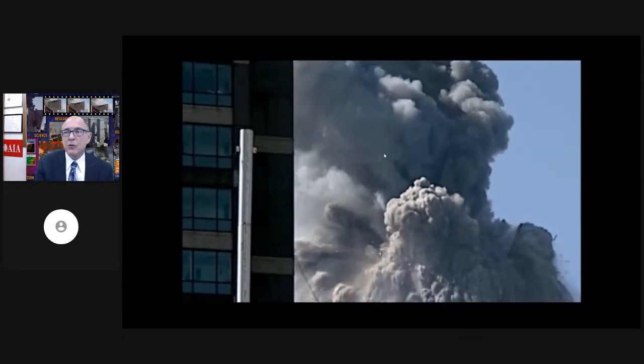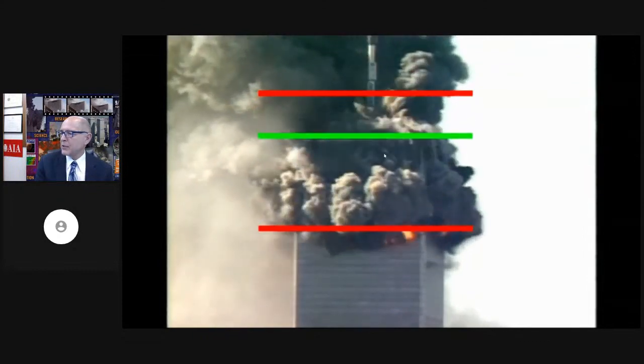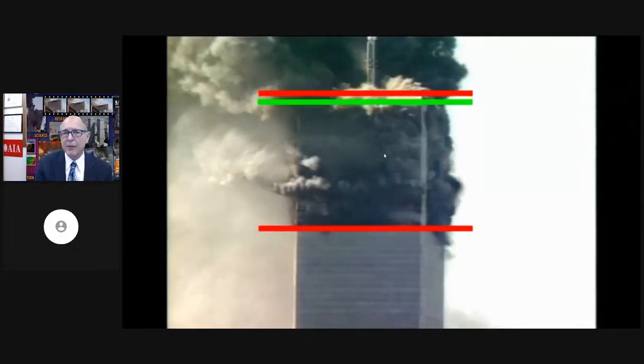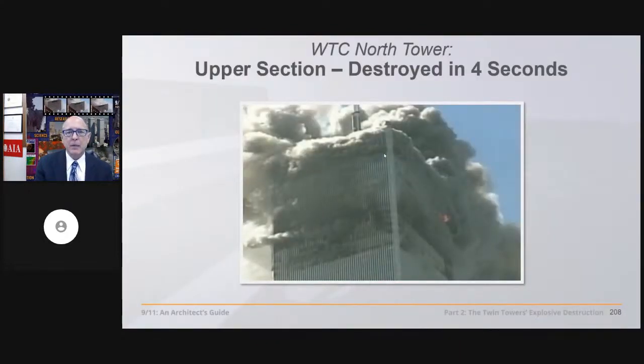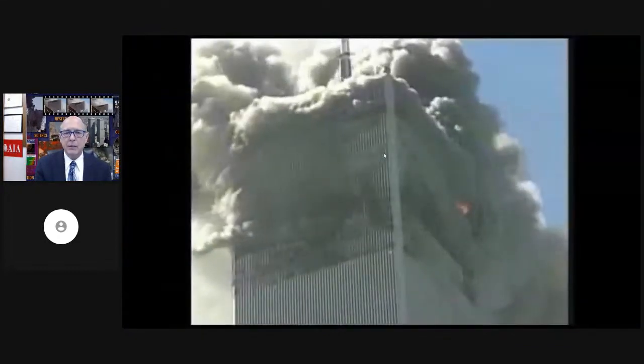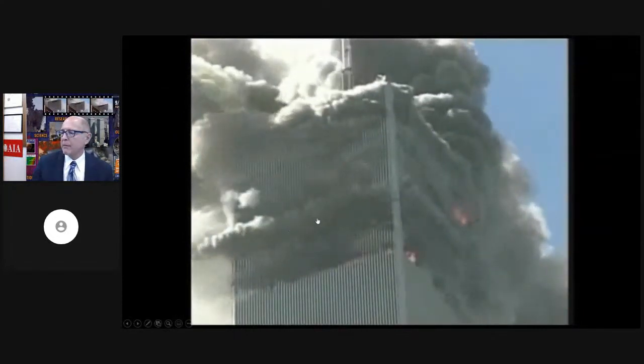It's being destroyed, but look at it more carefully. Watch the lower red line. It's not pushing the rest of the building down. It's being destroyed itself. In the first 4 seconds, the structure is being basically liquefied. So how does that happen? You know, the Volkswagen is being crushed. The question is, what's crushing it? Looking at the tower in start-stop mode, stop, we have, like the firefighters described, a band of explosions wrapping all the way around the building.